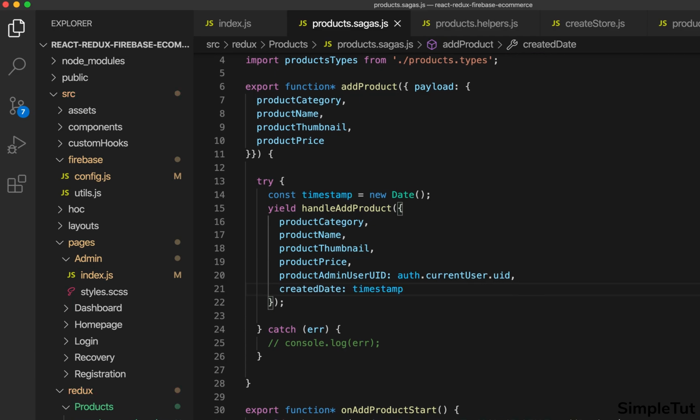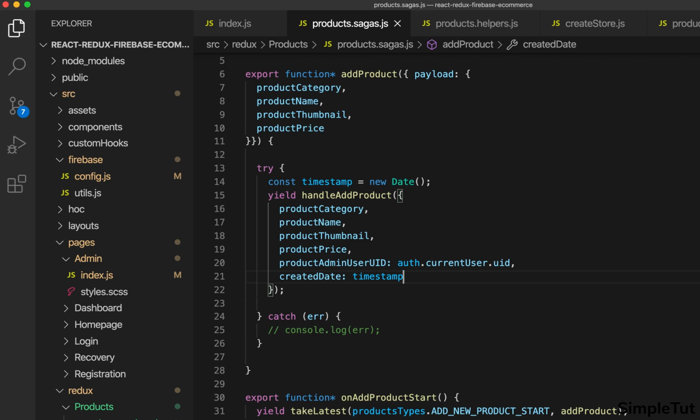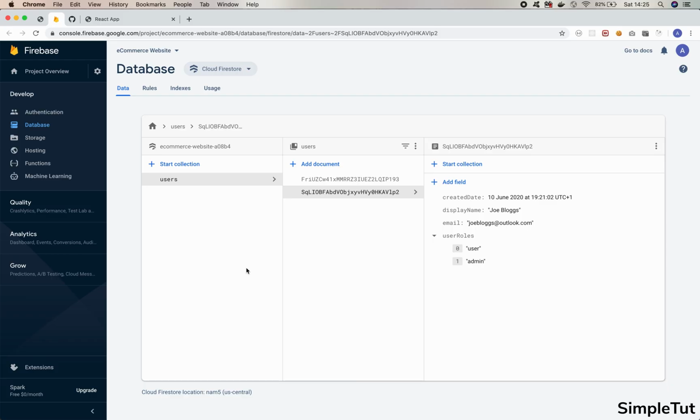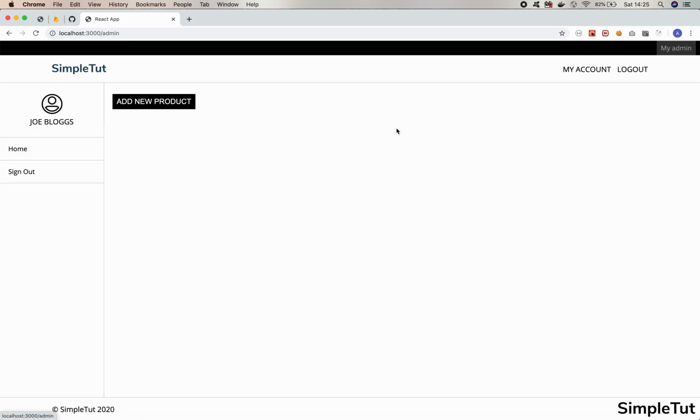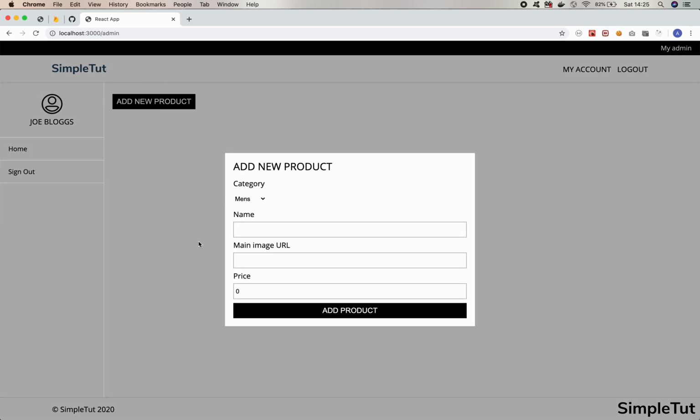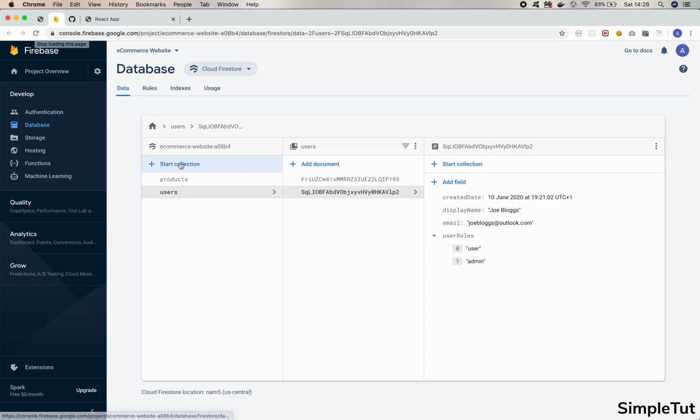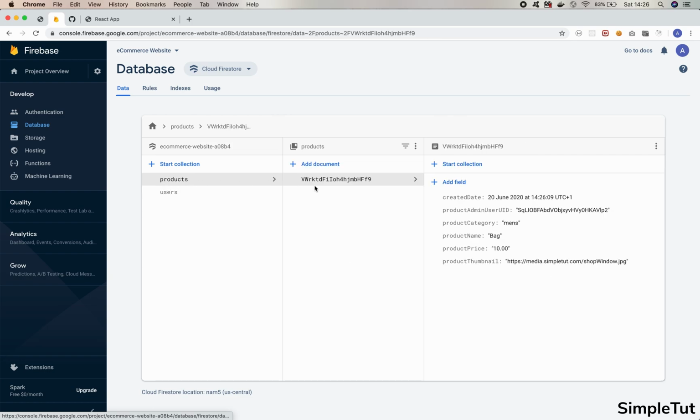So this is actually going to add new product to our database, right? And again, just to show you guys, if I come back over to my Firebase database, you can see there's currently no products collection. So let's come back over now to our application. Let's fill in this form and let's enter a random name. So let's just say it's a nice bag. We have a URL to an image, and let's just set the price to something like £10, right? Now let's add the product. And as you can see, I now have a products collection. We've created a new document, and all the values that was entered into the form are now stored in the